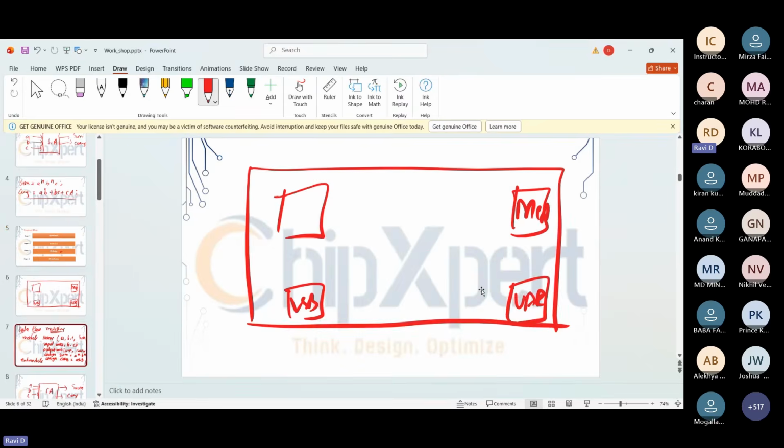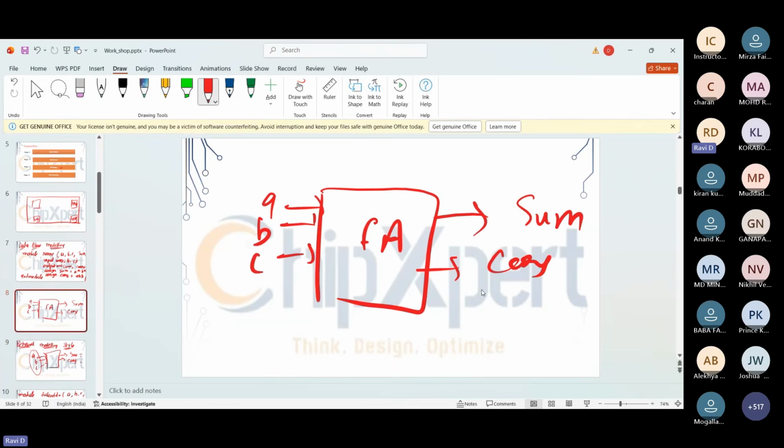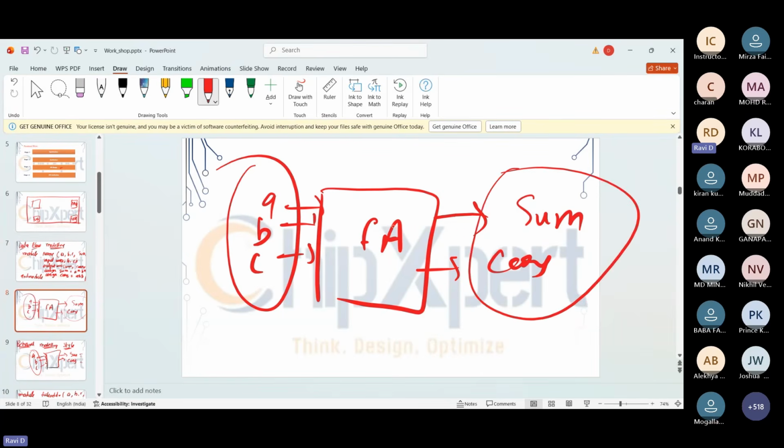Suppose this is your circuit and you want to check whether it is working correctly or not. How are we going to check it? If you pass some inputs to your design, it is going to give the respective outputs, right? That is what checking is. For this design, we are going to pass some inputs like 101 or 011. Like this, we generate some inputs and pass them to our design, and it gives the respective outputs. That is what we do in verification.